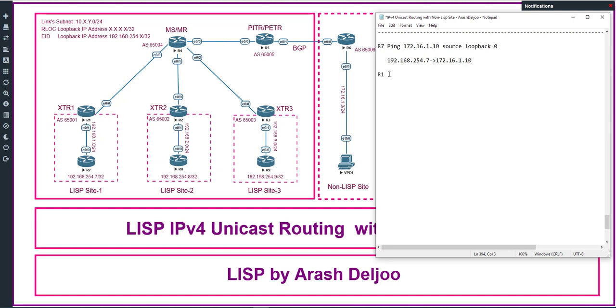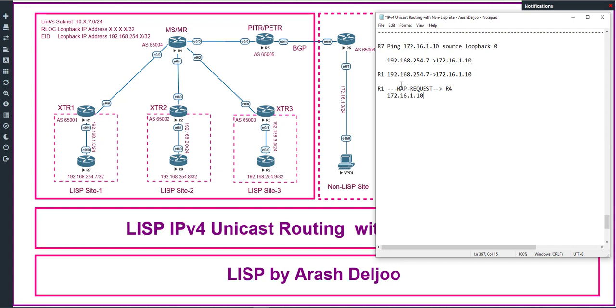Now router 1 has this packet, and router 1 first should check the source IP of the packet. You know that the source IP should be residing in the EID address space, and because this is one of the EID addresses, router 1 can try to forward the packet. The destination IP is not available in the routing table, and also the destination IP is not available in the map cache table. Because of that, router 1, as you saw, sent one map request, okay, to router 4 about this EID,